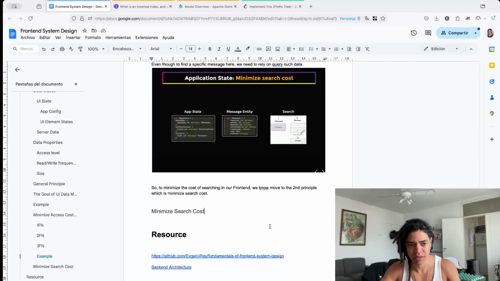which is minimize search costs. So we could potentially build a new index table, which will be called inverted index table. It's called inverted because the content of the entity becomes the key in this sense. So what we're gonna do, we're gonna extract all the